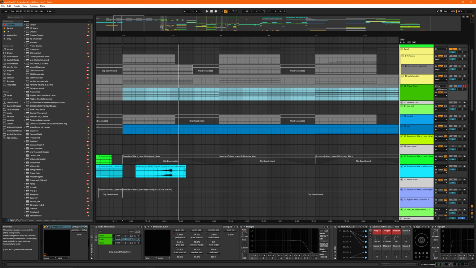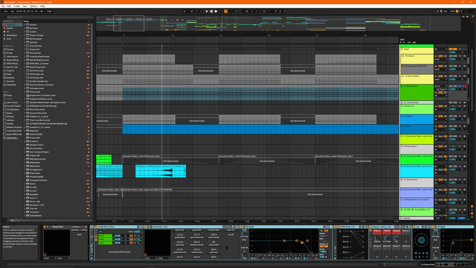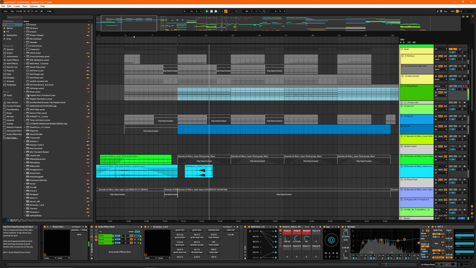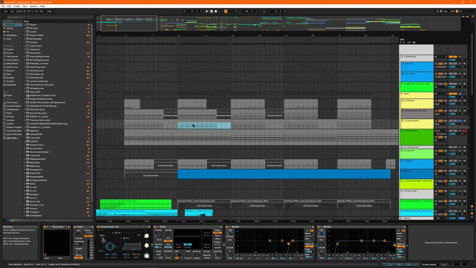So when you have huge chords like this, and you combine it with a lot of effects, it can sound pretty massive. And of course, I'm combining this with a lot of other stuff. I've got this here,